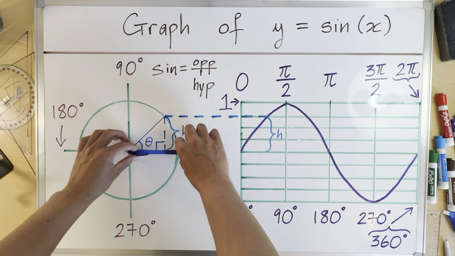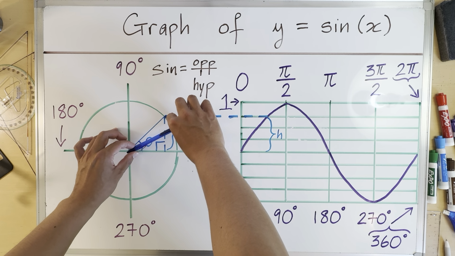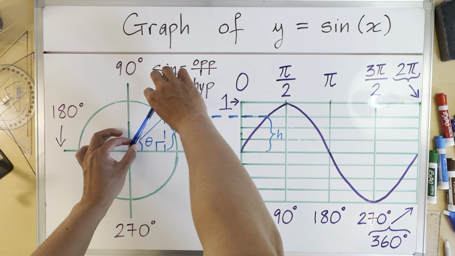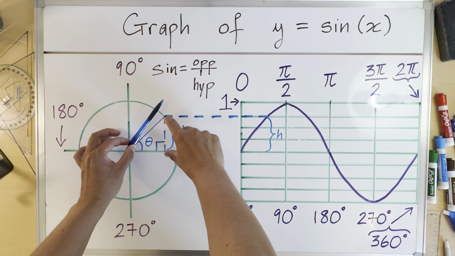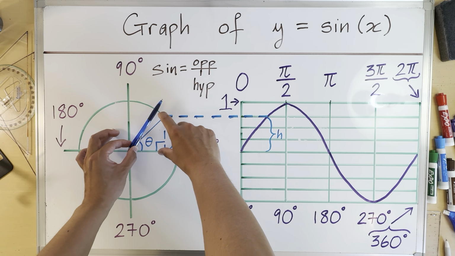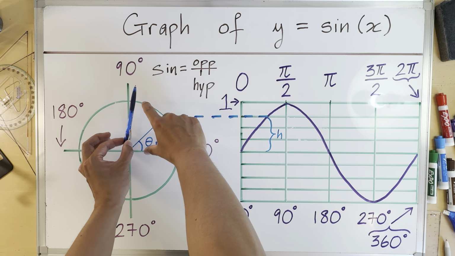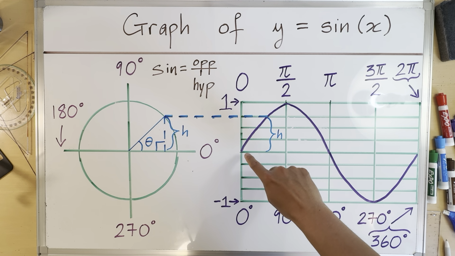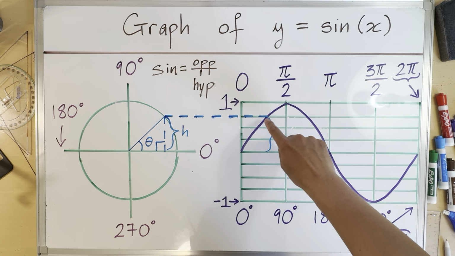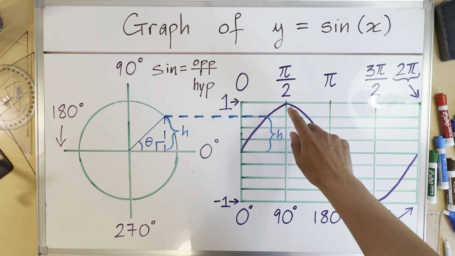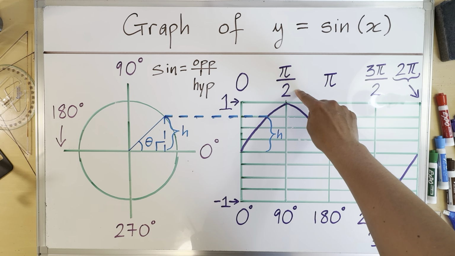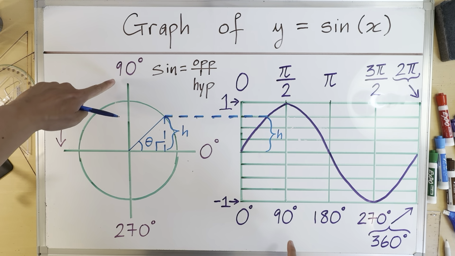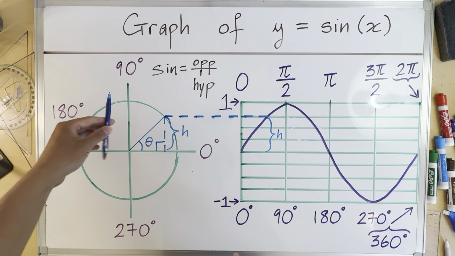However, as we increase the angle, this opposite side of the right angle triangle gets bigger, bigger, bigger, and bigger. And for that reason, this increases. And when you reach pi over 2 radians, which is the same thing as 90 degrees, right here,